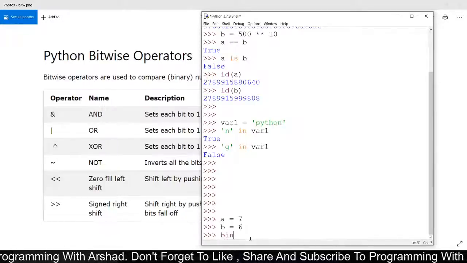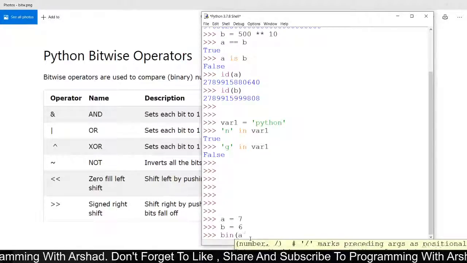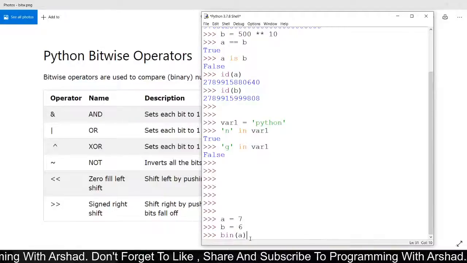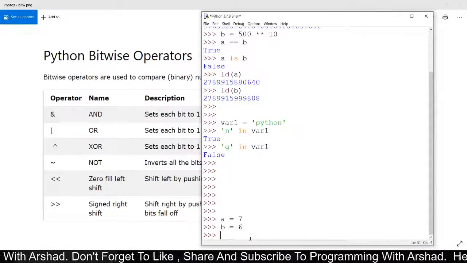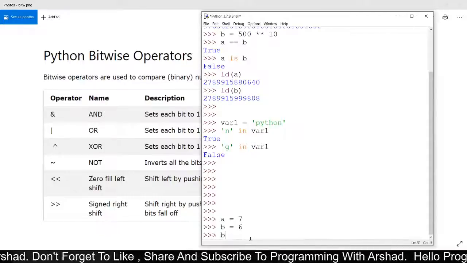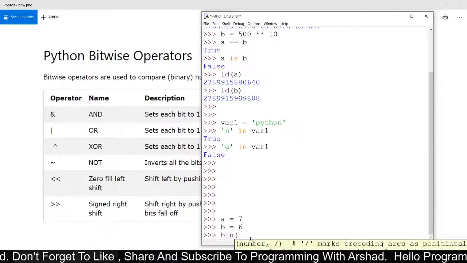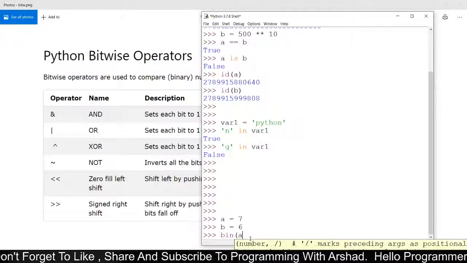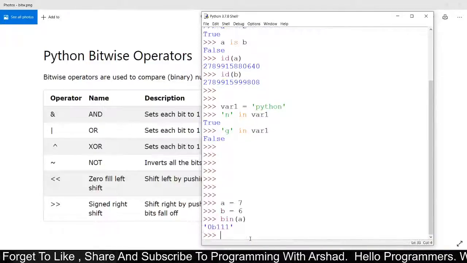As we already know, this bin inbuilt method is used to convert decimal numbers into binary numbers.